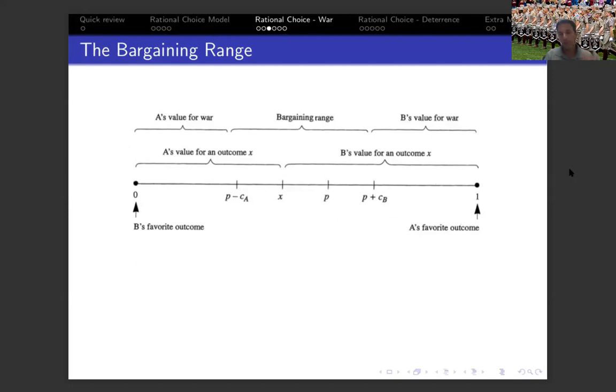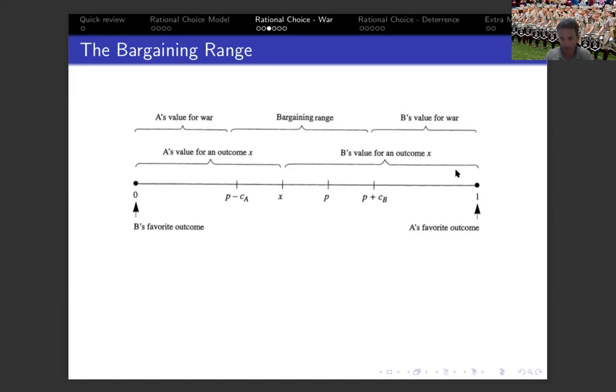And you don't have to understand the math. You don't have to understand the small details of how this thing has come about, just to understand the idea behind that. So let's do that together. So the bargaining range is defined as the range of outcomes that both rational actors should accept instead of war. So let's look at the example in this case. Let's consider two states, states A and B, and they have a set of preferences, which we plot here on this interval between 0 and 1.